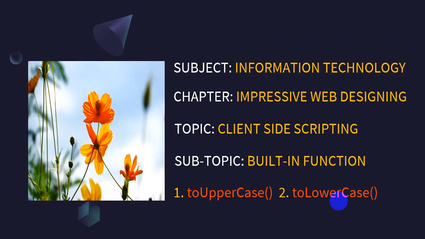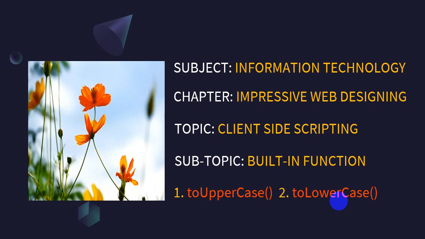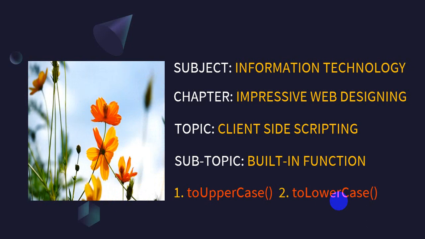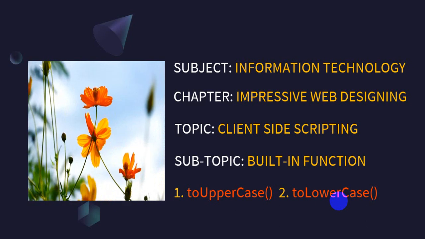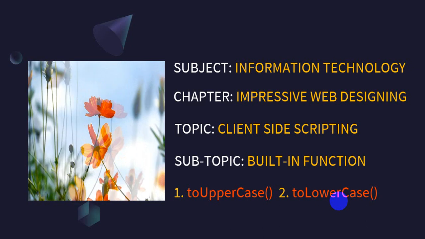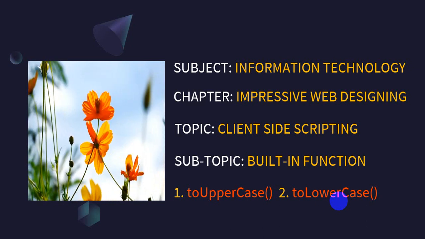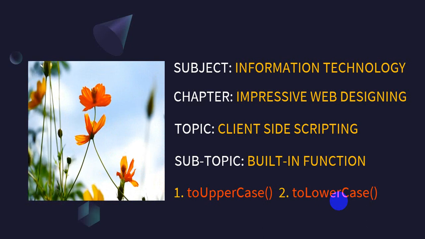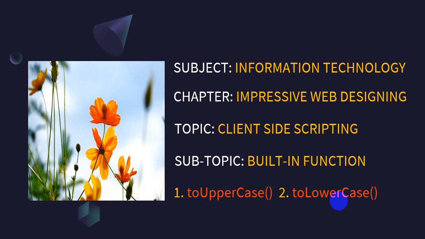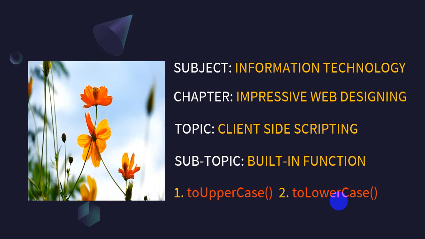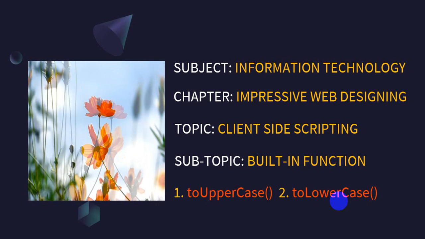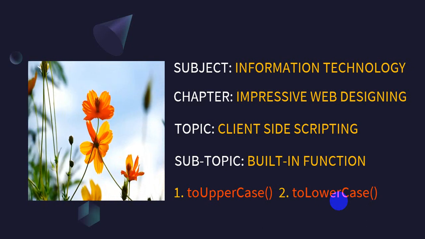Sometimes you miss typing some small letter or capital letter, but if the website developer is a good programmer, then he can use the functions toUpperCase and toLowerCase on the basis of the requirement. So it will automatically convert your name, or the value entered by the user, into uppercase or lowercase. So this is a function given by JavaScript which is used to convert your string into uppercase as well as lowercase. Both functions are very self-explanatory. If you want to convert it into uppercase, we have the function toUpperCase, and if you want to convert it into lowercase, we have the function toLowerCase.